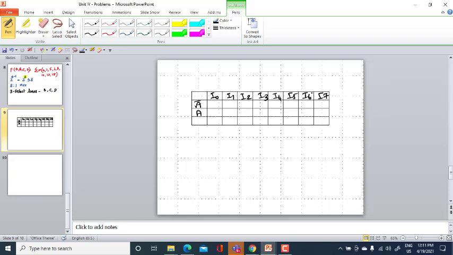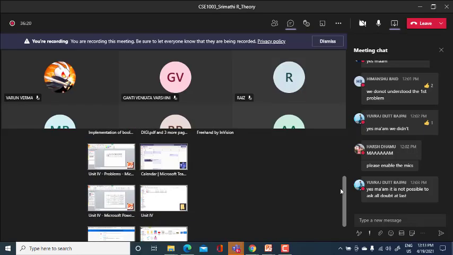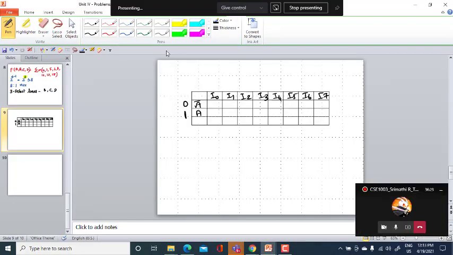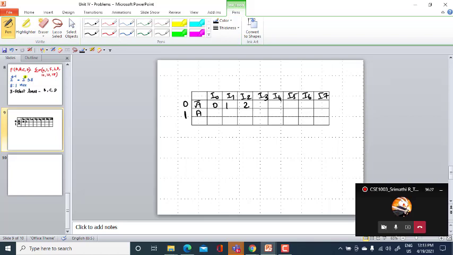So we have 8 input lines, which means we can have minterms 0, 1, 2, 3, 4, 5, 6, 7, 8, 9, 10, 11, 12, 13, 14 and 15, because it's 2 power 4.